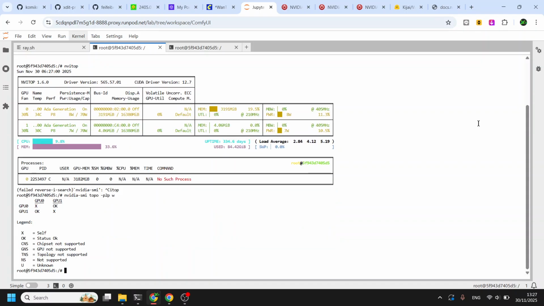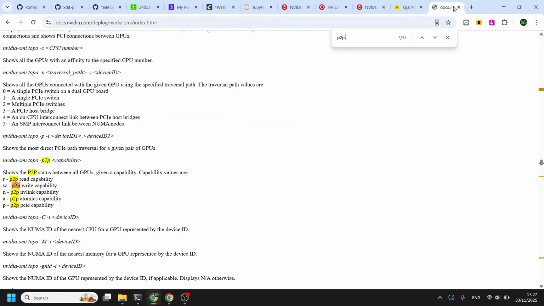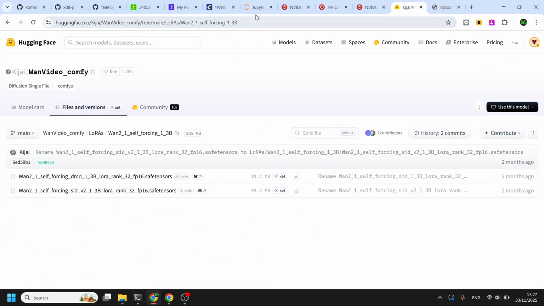Your GPUs must have peer-to-peer connection capability. This is important, since without this, your Raylight workflow might slow down quite significantly. There are ways to implement it. There is OpenKernel. So where is OpenKernel?